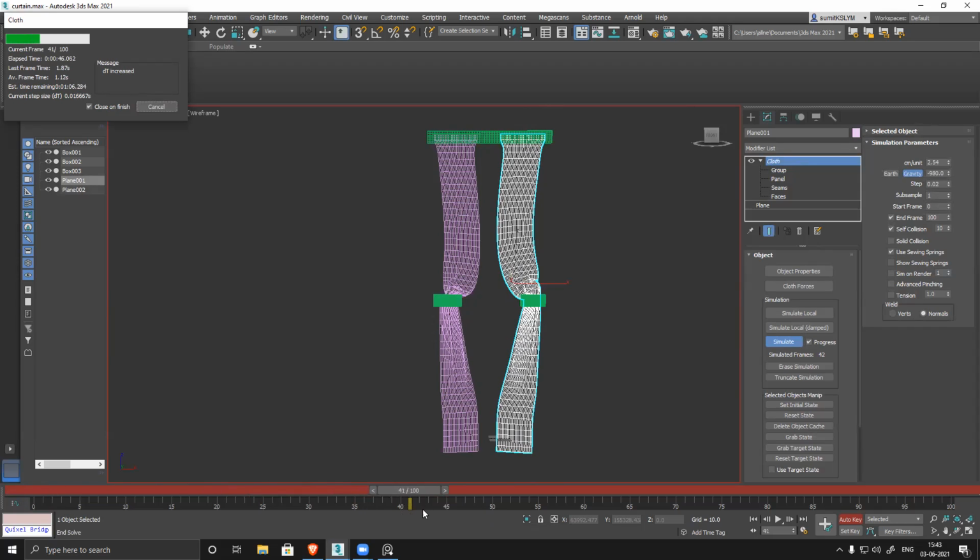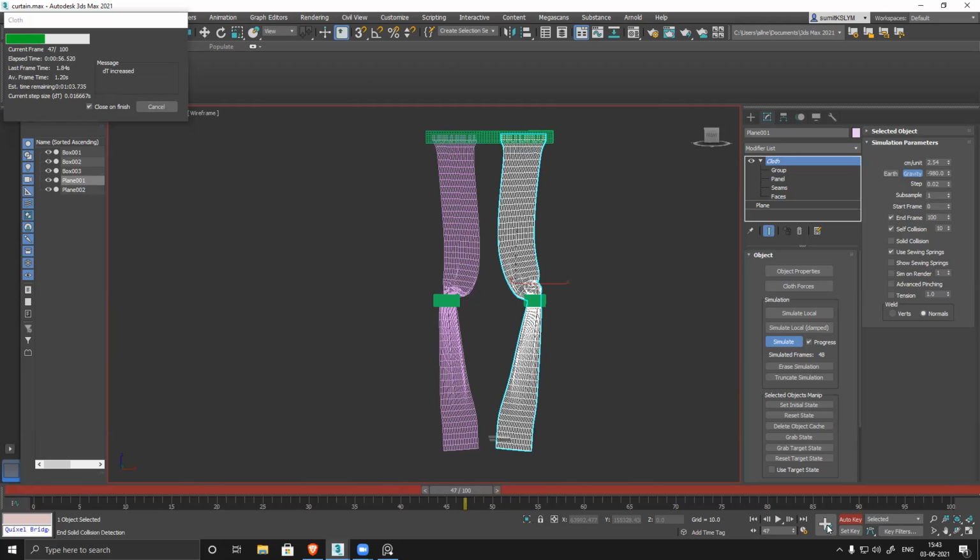So you have to go back to that frame. You have to have a one key. So in this key, the size is defined, then at 50 or 60, you have another size defined. You have to go to that key, switch on the auto key, and then change it. Then it will work. Otherwise it won't work, because in that key, that information is already there. So you have to go back to that key and modify it.